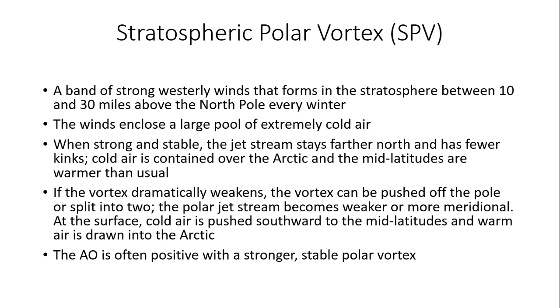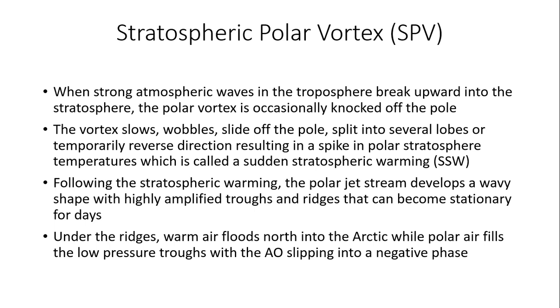Now, the AO is often positive. We talked about the Arctic Oscillation. That's often positive with a stronger, stable polar vortex, by the way. So what causes this whole vortex to get displaced off the pole is when strong atmospheric waves in that tropospheric layer, that layer closest to the Earth's surface where we experience all our weather, where we live, we're at the bottom of the troposphere where we live,